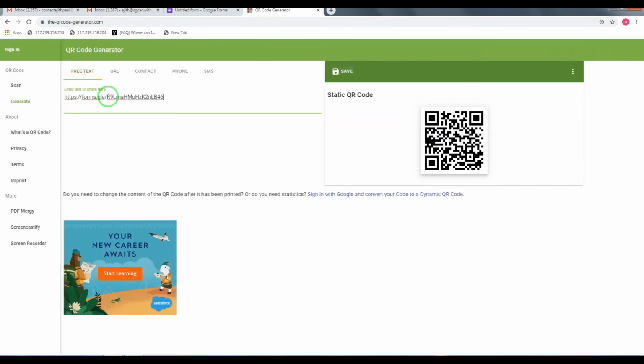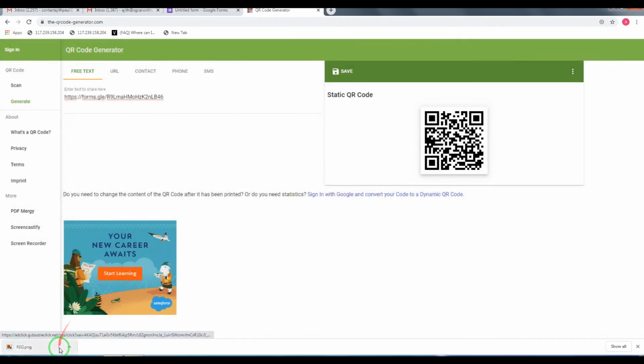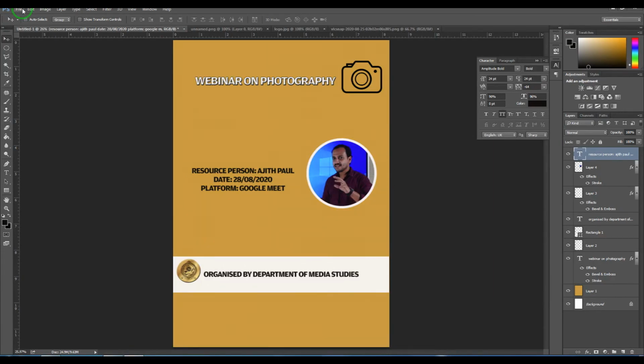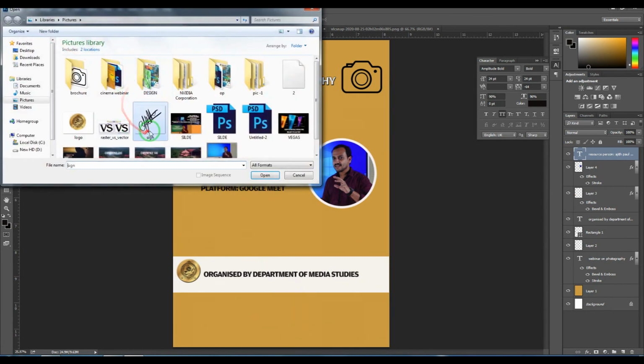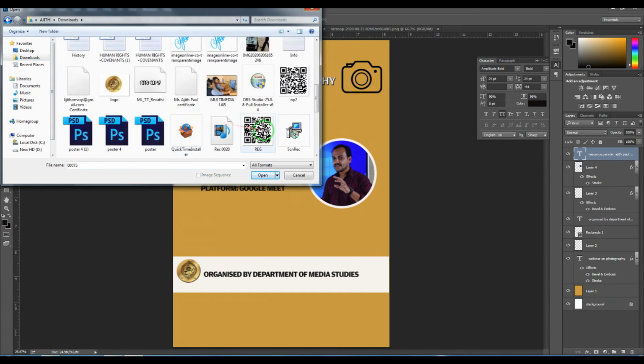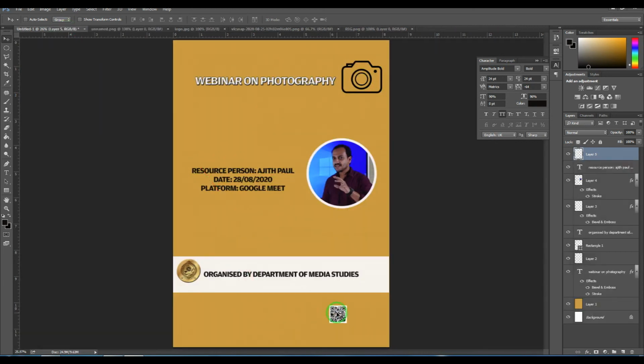Just paste your URL here and you can save it. Different formats are available here. So your QR code is ready right here. Now we will just open that QR code. You can just place it right here,